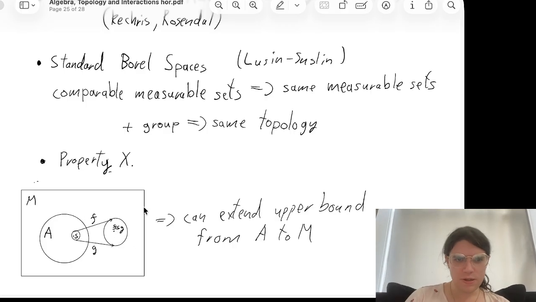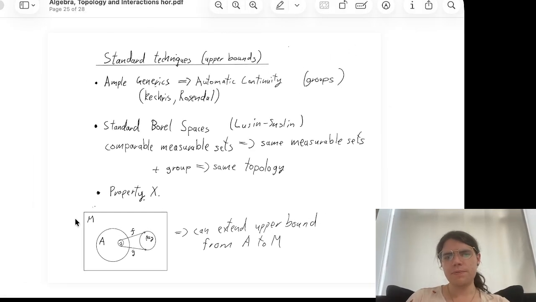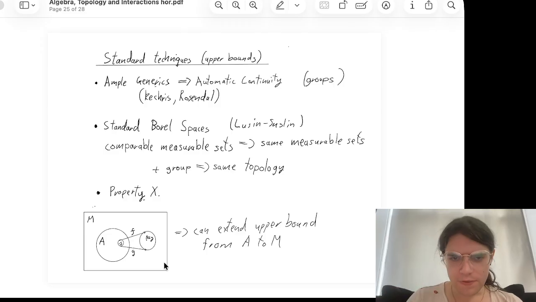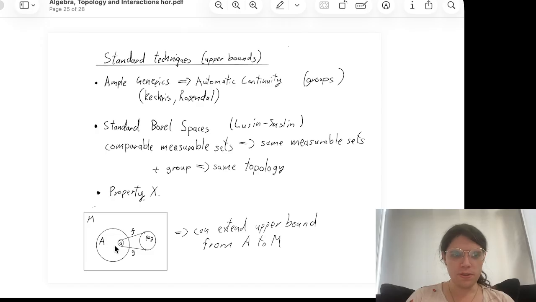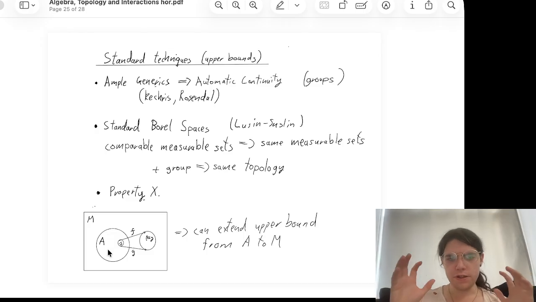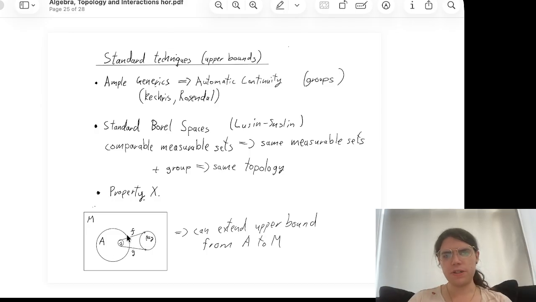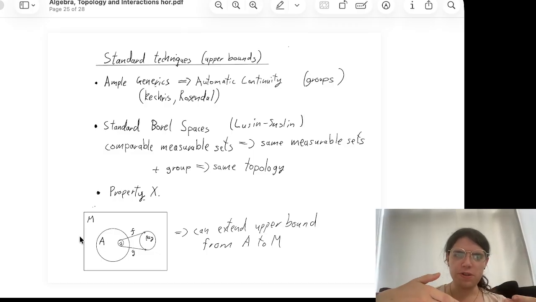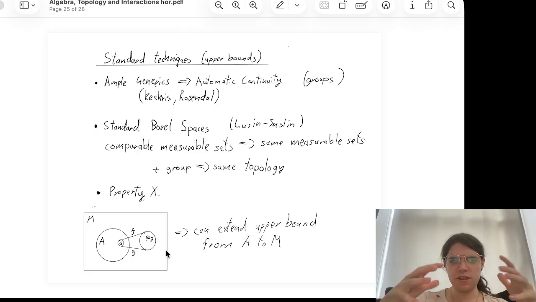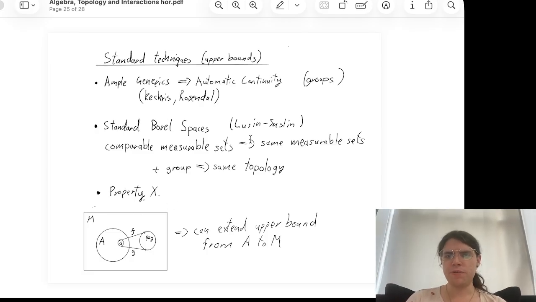And if you have this condition, which it turns out is satisfied surprisingly often, then you can take any maximality conditions for the topology on A and extend them to maximality conditions for the topology on M. So in particular, if I have a Polish monoid and its group of units is Polish, and the monoid has property X, then you can conclude that the topology on the monoid is a maximal Polish topology, because you can prove that any larger topology induces the same topology on the group by the result mentioned before, and then you can deduce the topology on the entire semigroup from the group part, or at least an upper bound. So property X lets you steal this property from groups for semigroups.